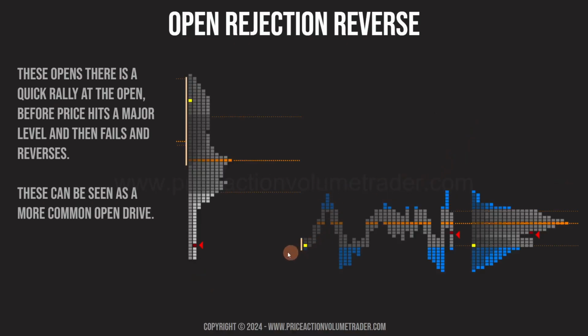Here's another example. In this case we have the S&P 500, so this is the previous day's regular trading hours session profile. This one we have the extended trading hours, so this was a trading opportunity early in the Asia session, and you can see we have the value area from the regular trading hours. We opened here and had a bearish day and closed right here, and then on the extended hours we opened